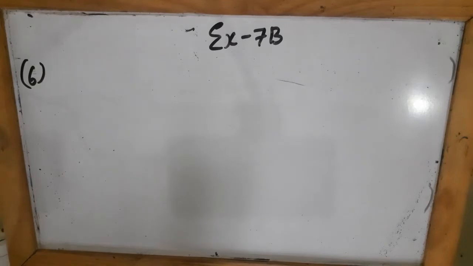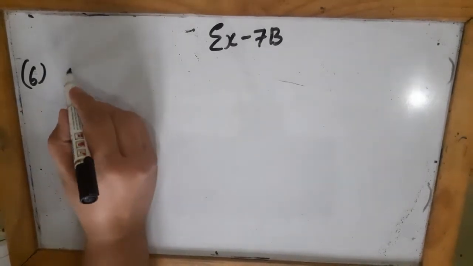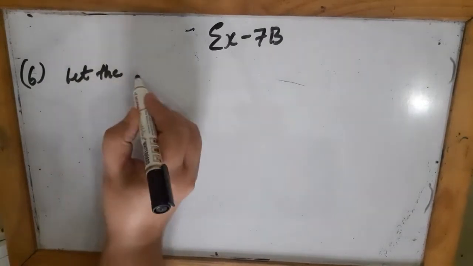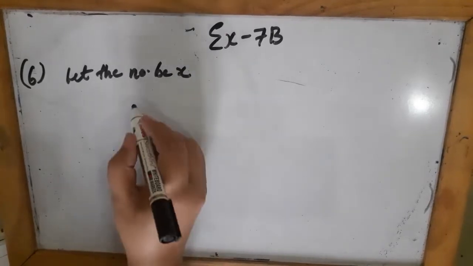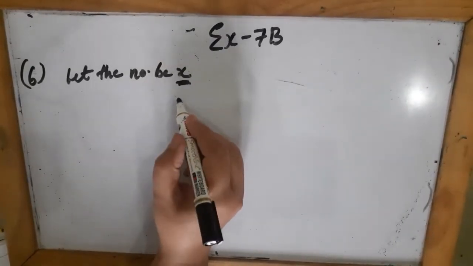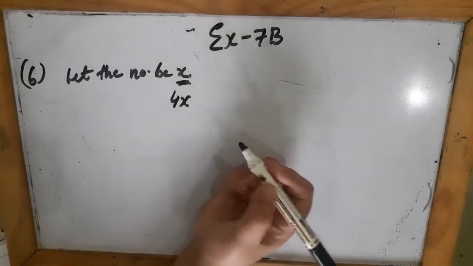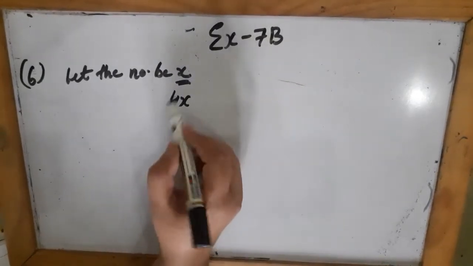They say a number when multiplied by 4. एक number है, so I will say let the number be x. So a number when multiplied by 4, जब इसको हम 4 से मल्टीप्लाई करेंगे तो it will become 4x. Okay, so a number